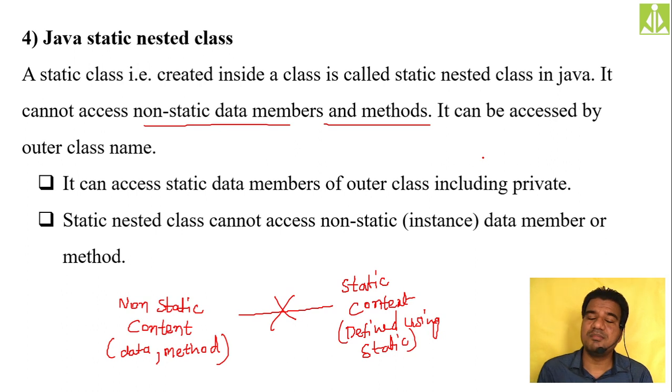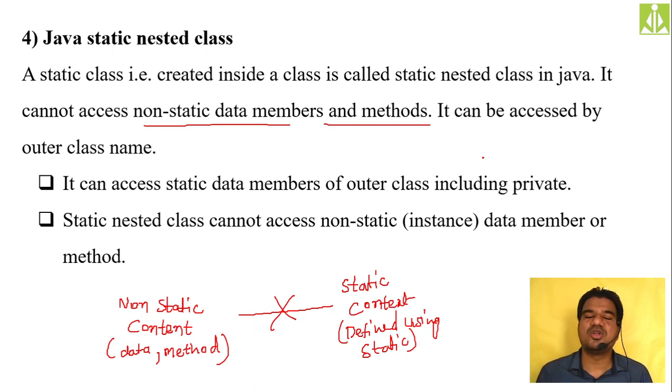Because private members, and we are keeping the nested class within the class itself. So if you have something within the class, it can have access rights to private data members as well. Private non-static data members your static nested class cannot access, but private static data members your static nested class can access. Remember this one. The terminology is very, very important over here. You again and again need to watch the video, or refer to the textbook and notes, in order to understand this terminology.